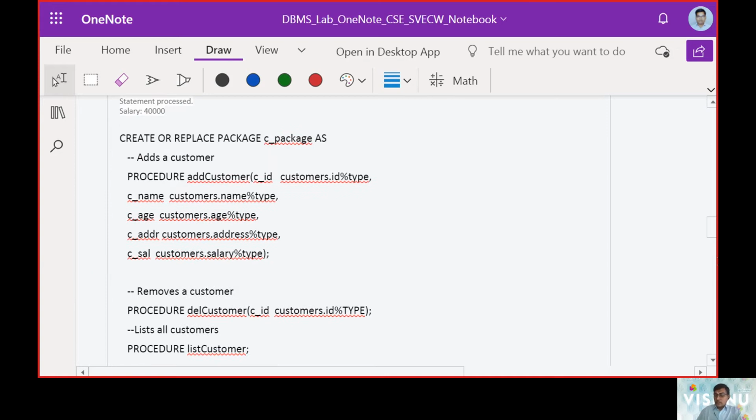Now packages not only do a select and display content; there are mechanisms in a package where we can do some basic primitive operations. So let us see a package which is going to take up a procedure to add a customer name.